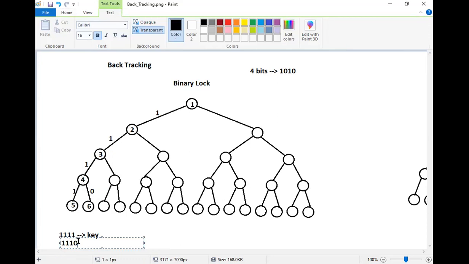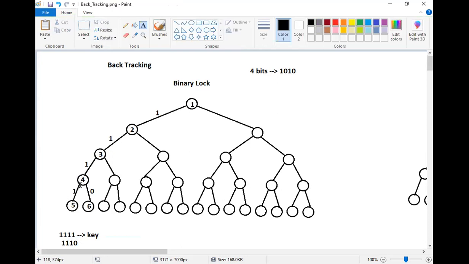Now, this is one particular solution I'm getting here. But is it the correct one? No, it is not the correct one. Then what has to be done now again? Again, backtrack. Backtrack means what? Now from 6, I will come back to 4. Are there any further possibilities that I can travel from 4 to any other nodes? No, there were only 2 possibilities, one from 4 to 5 and one from 4 to 6. Both did not give me the solution. Then what has to be done now? Again, go back. Go back means where? From 4 to 3, I will go back.